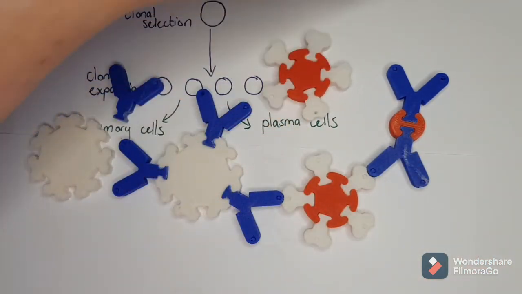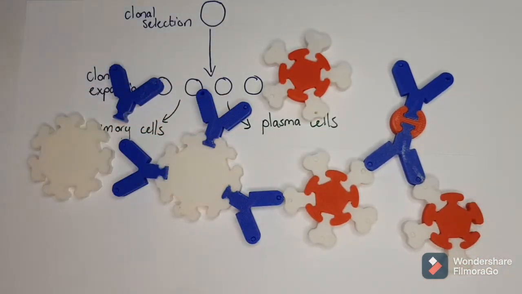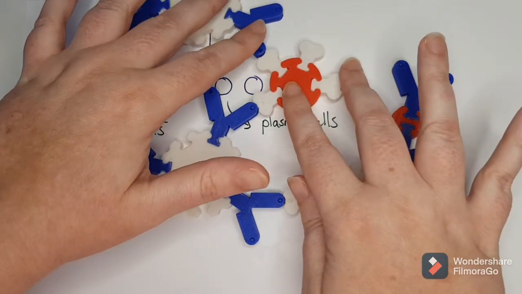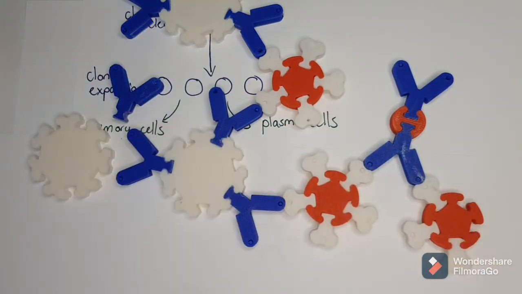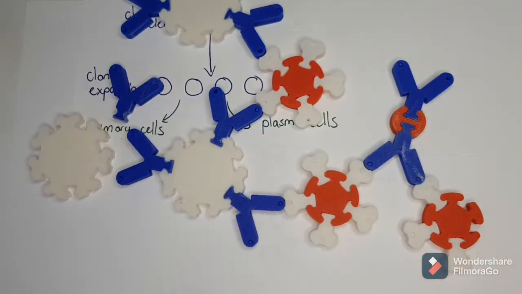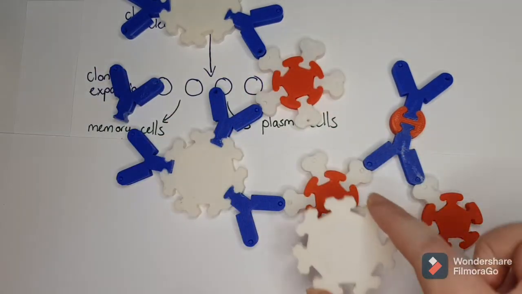So as we get more and more, all of those antibodies are going to start to stick, and they're going to hold all of those pathogens in place while they're there perfectly. So while that happens and they're sticking all of those things together, they are alerting the other white blood cells, which you have in your body, called macrophages and neutrophils. And those macrophages and neutrophils are going to come along, and while the antibodies are holding them in place, they